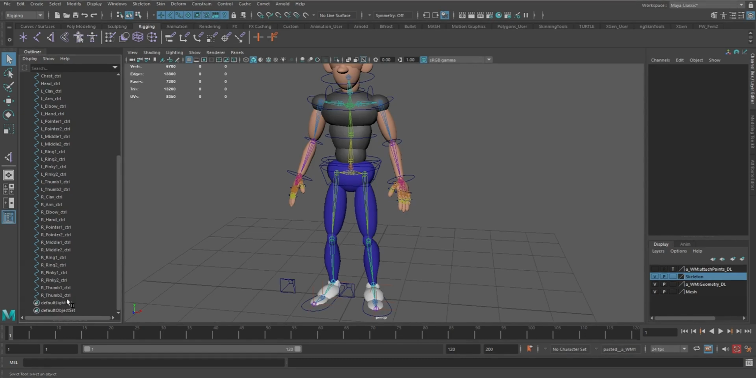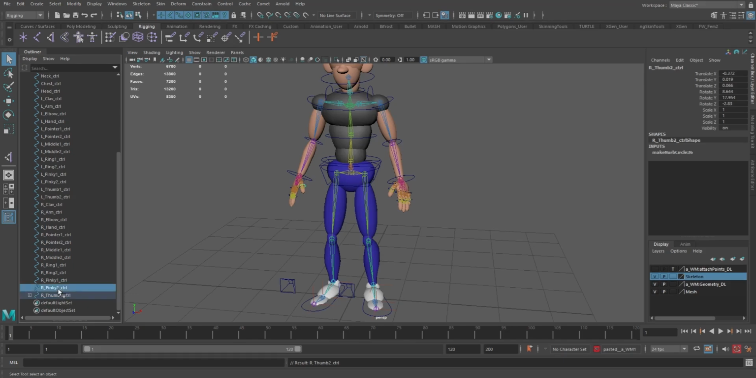So if we go R thumb 2 to R thumb 1, we'll parent, and then pinky 2 to pinky 1, parent, and I'm just hitting the P key. So ring 2 to ring 1, parent, middle 2 to middle 1, parent, pointer 2 to pointer 1, and parent. And then we'll select all 5 of those, and then the right hand and parent, and then hand to elbow, parent,